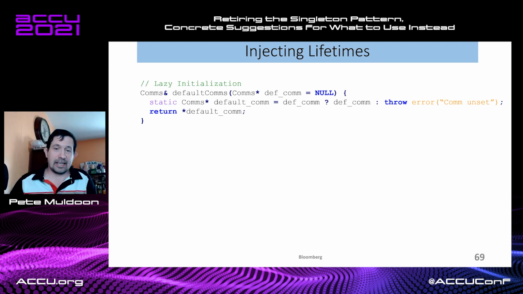Again, it's just an extension of what I've been talking about, right? So what I'm going to do now is say we have a default comms function, same way we had a default config function. And now people are going to pass me in a pointer to this particular object, right? And once I'm in here, we'll use that same trick I did the last time where I say, look, if